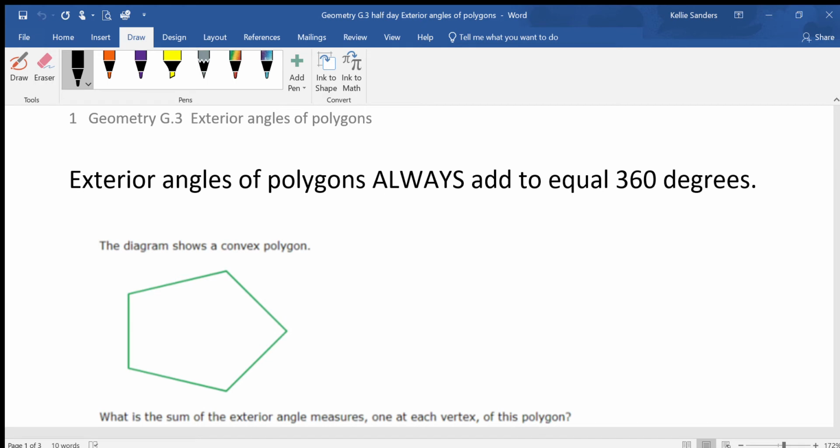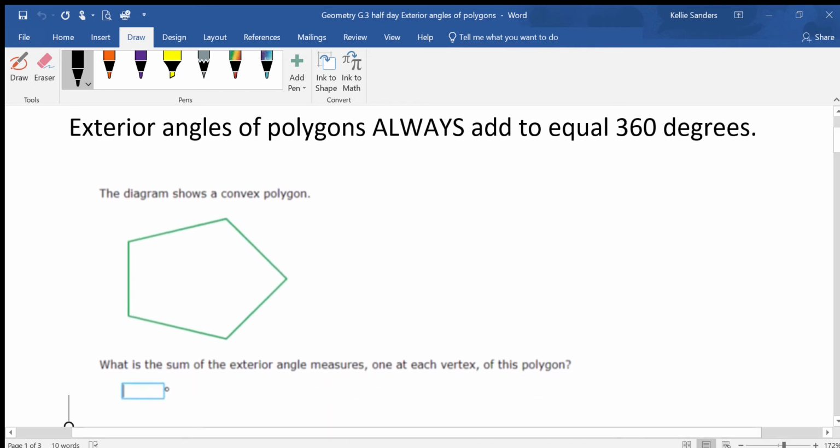It's not moving. Why are you not moving? Okay. For this lesson,